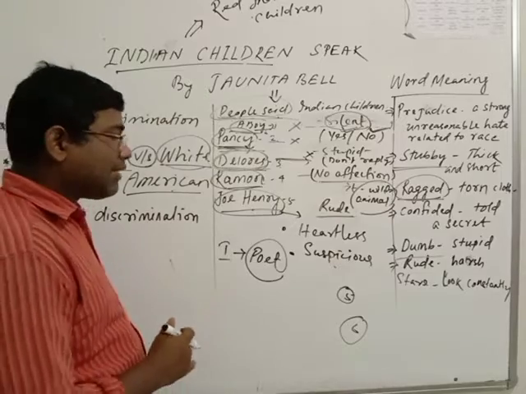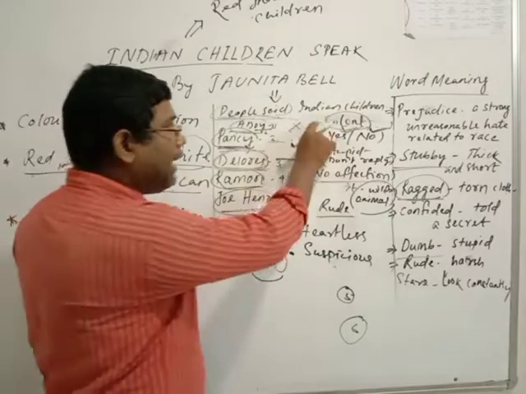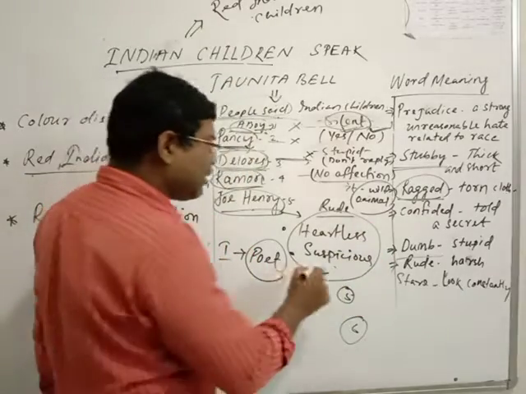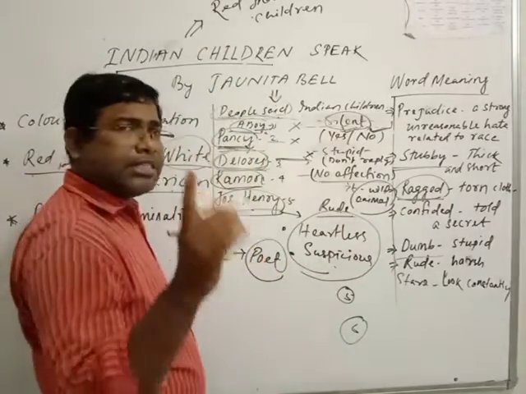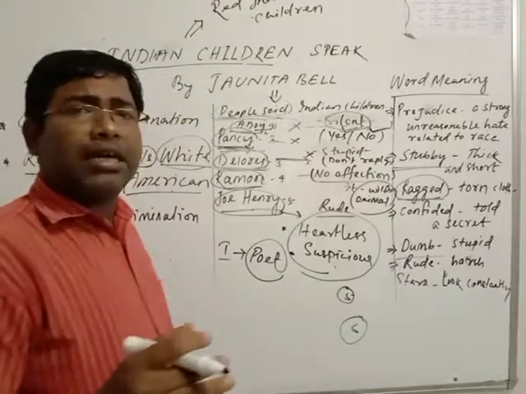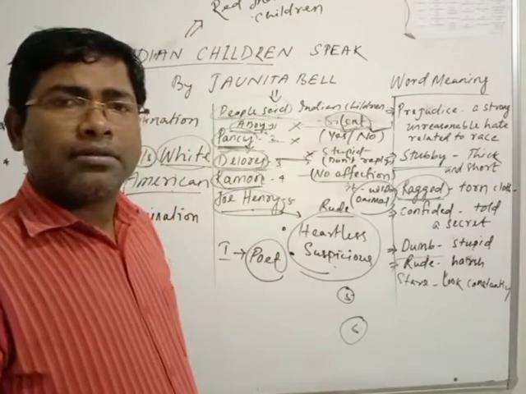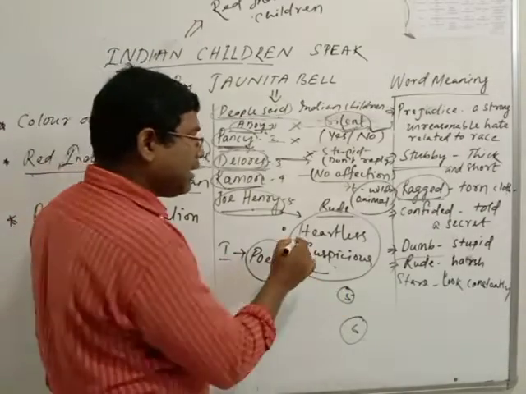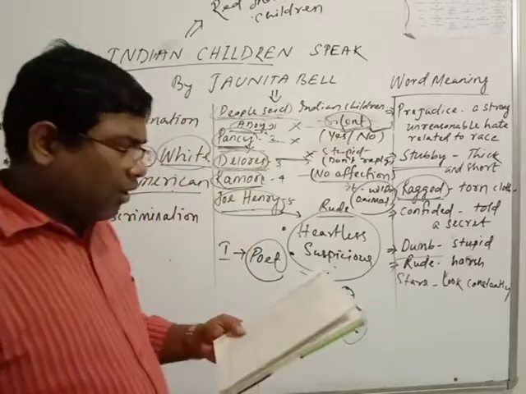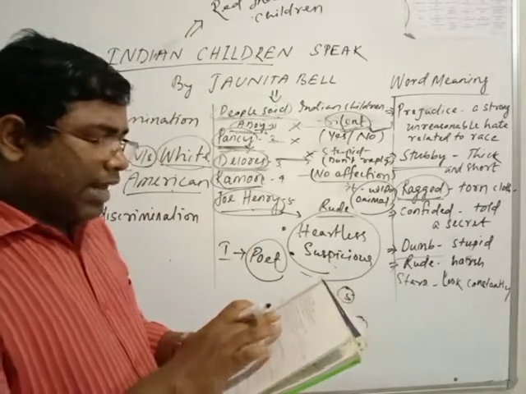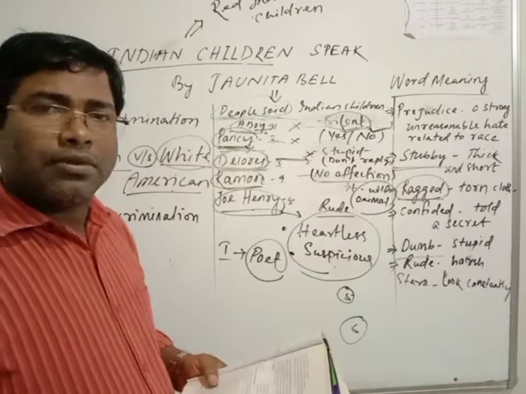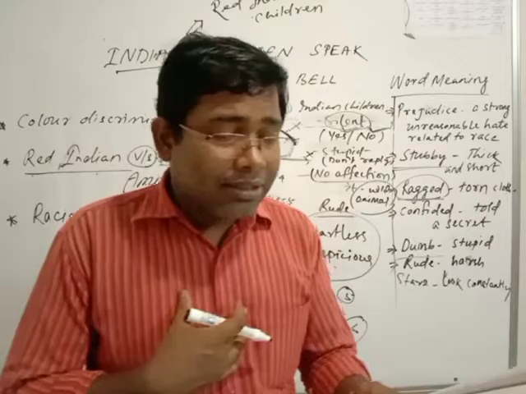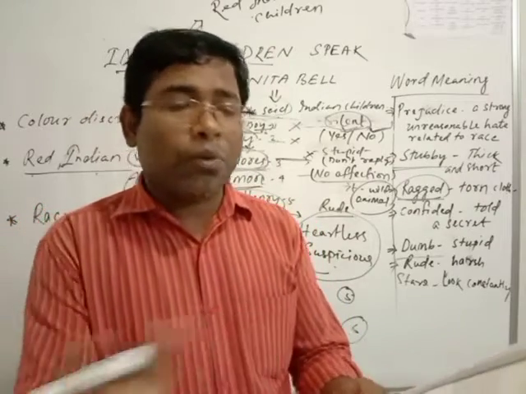Idle words. What are the idle words? The white Americans said that red Indians are heartless, very suspicious in nature, have no clear heart, and are very narrow-minded. But I don't believe in this heartless word. They say idle words. Okay, I have forgotten these idle words, because I treasure the day when iron doors swung wide